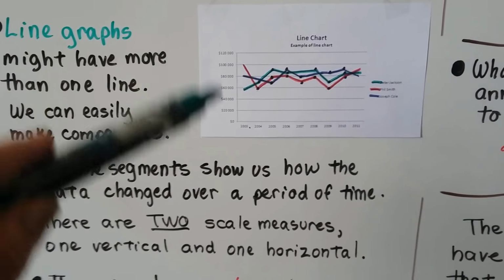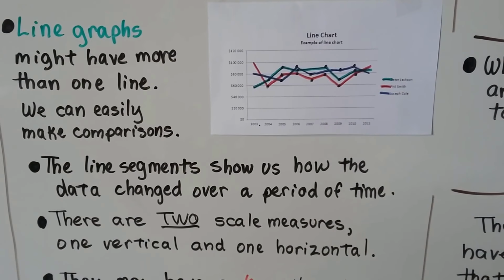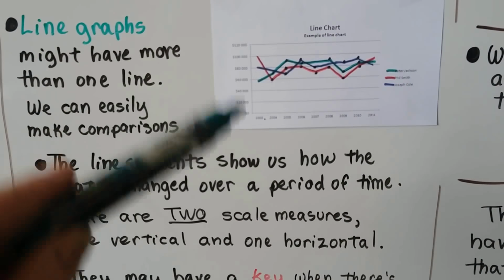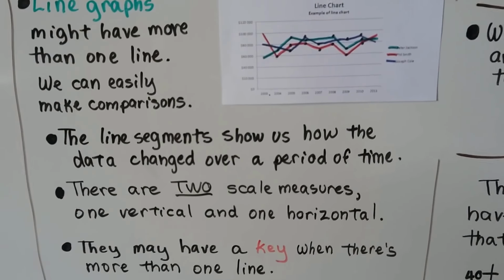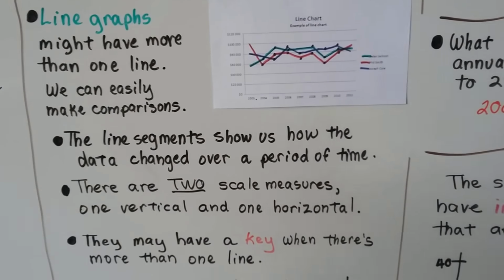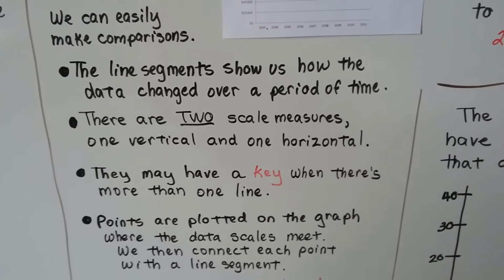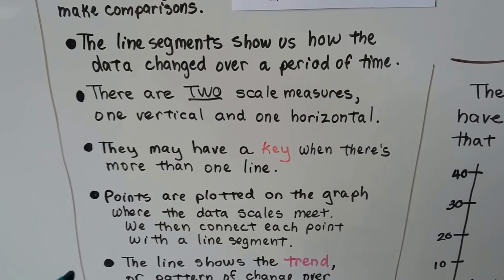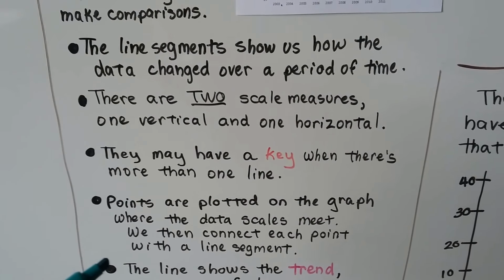We've got this one of the dollar amounts, and we've got this one of the years. So this one is the vertical one, and that's the horizontal one. And they have a key right here telling us what each of the colors stand for. And the points are plotted on the graph where the data scales meet, and we then connect each point with